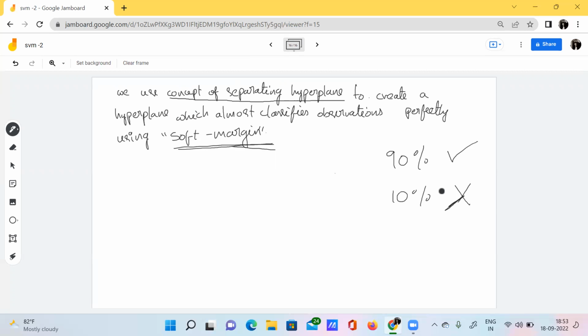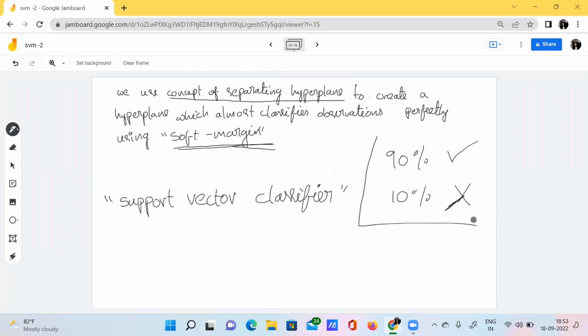I'll explain this entire concept. This entire concept has a name. That name is support vector classifier. Okay, so this entire process has a name. Using a soft margin, we do this kind of process. Our classifier will classify the objects correctly 90% of the time, and it allows some misclassification with 10%.